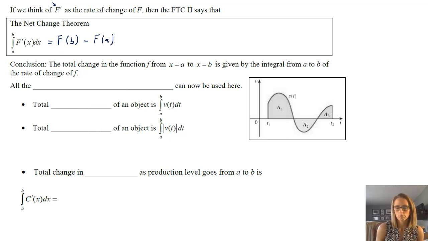Okay, so no different. But the idea behind it is simply that, you'll see an example here with the idea of velocity. If you have a position function, then its derivative is velocity, so it would make sense that the antiderivative of velocity is the position function. And that can tell us something about the function itself, which in this case is the idea of the total change in the function from one value to another on some interval.